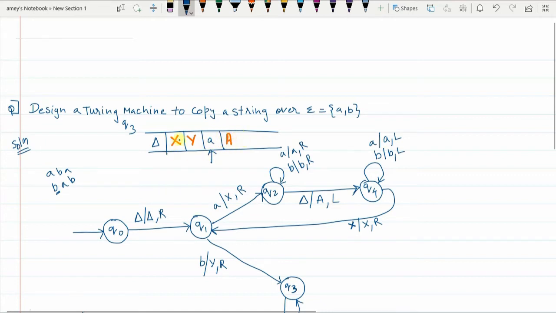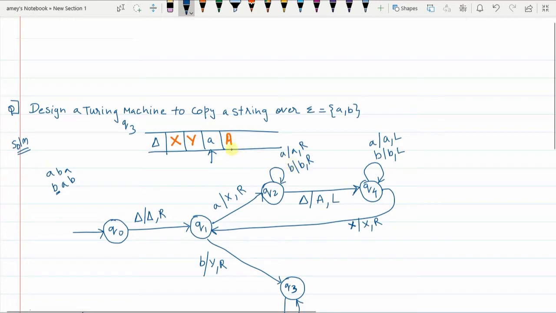Why? Because for the first element copied, we haven't pasted anything yet. But in the second iteration, along with small a's and small b's, you might also find capital A's and capital B's, which you will have to ignore as you go to the right.